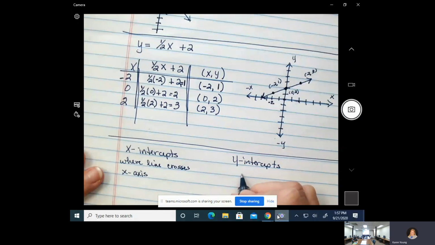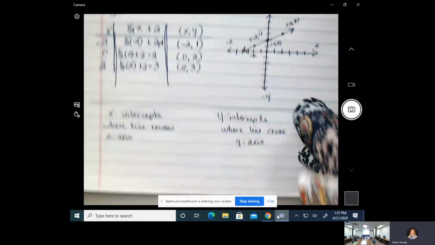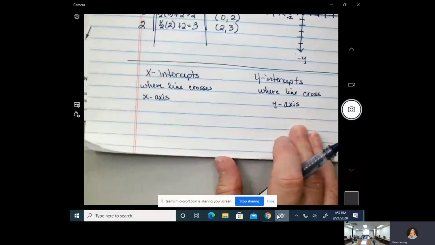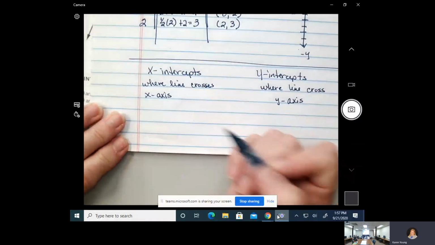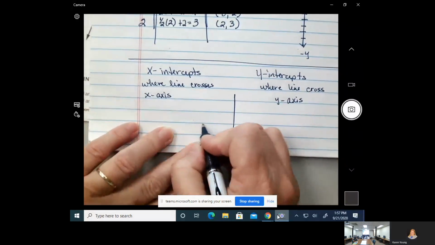And of course, your y-intercept is where your line crosses your y-axis. Then one thing we need to realize, when we're talking about the x and y intercepts, is what happens when my line is crossing my y-axis. So if I use this line,